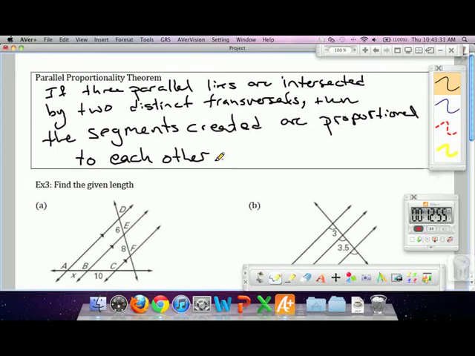The reasoning is just an extension of that of the previous theorem. If they intersect, then I can make similar triangles. If I have similar triangles, then all the parts are proportional via our previous theorem. So if I just do it a bunch of times, then